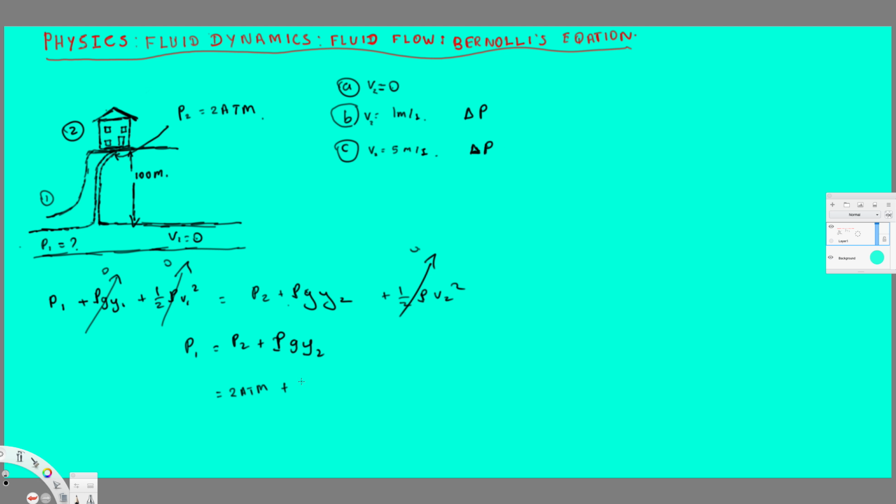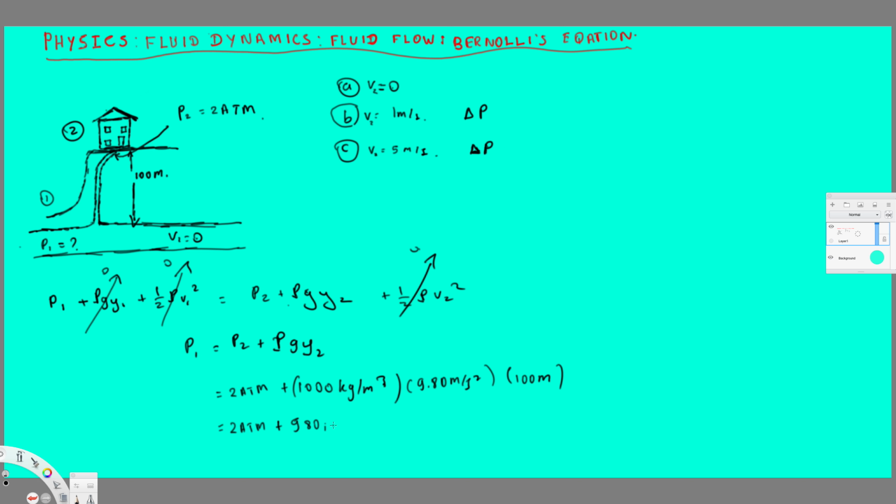Now we can plug in all the values. Here the rho is going to be water, since this is a water pipe, so the density of water is 1000 kilograms per meter cubed times 9.81 meters per second squared, times y2, that is this height, 100 meters. That is going to give us the Pascal value. If we plug this in the calculator, that gives us about 980,